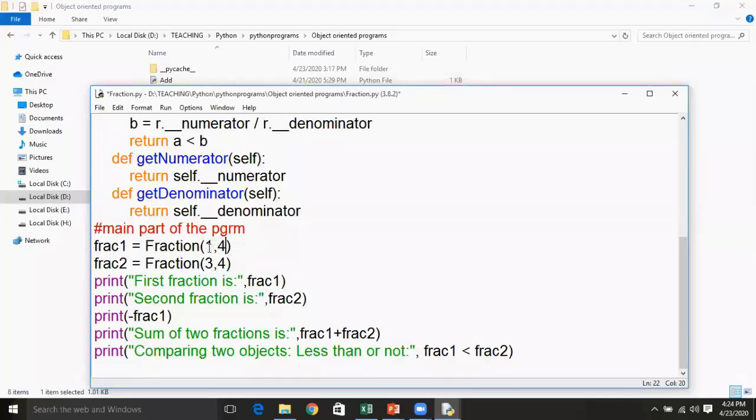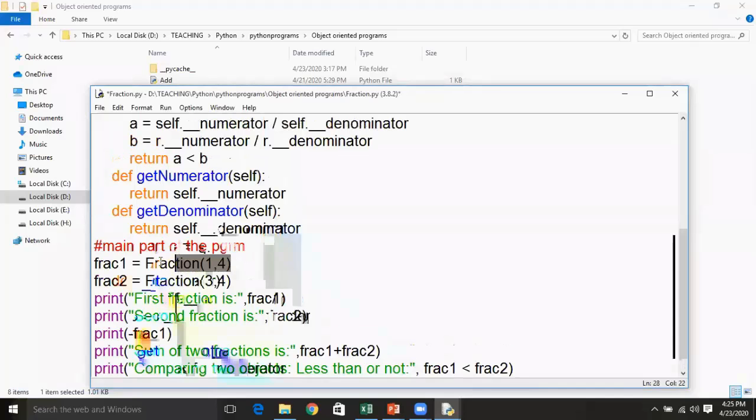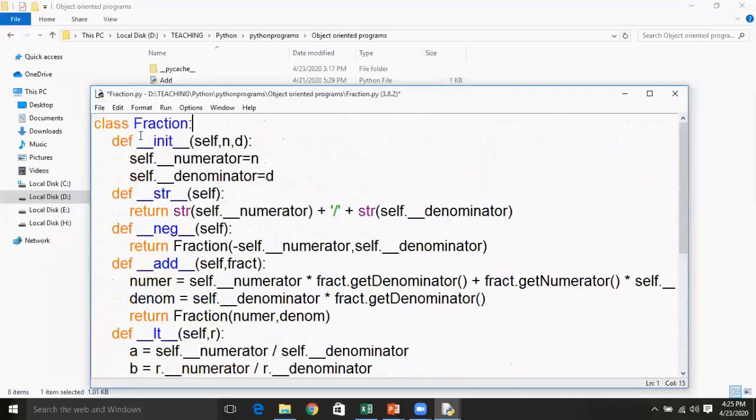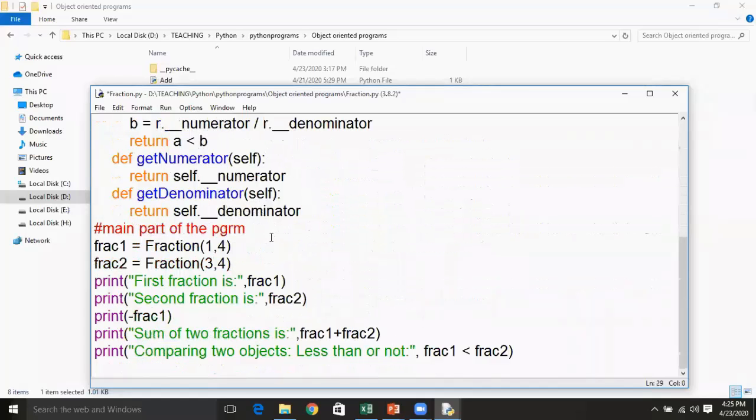Whenever this line is called, the control is going to execute the special method init, where 1 is given to n and 4 is given to d. So n, that is 1, is assigned to the underscore underscore numerator variable, and 4 is assigned to the denominator variable.